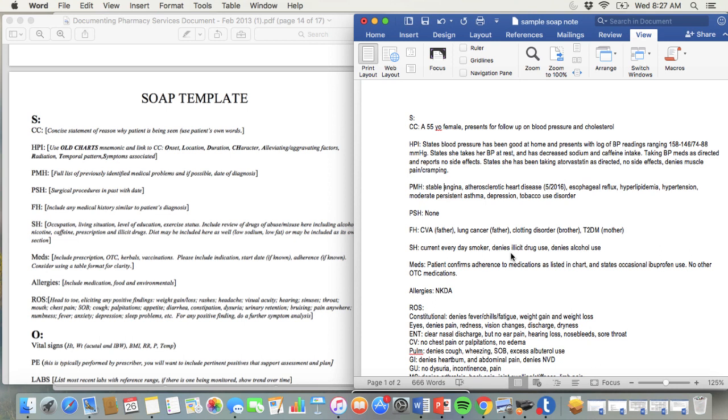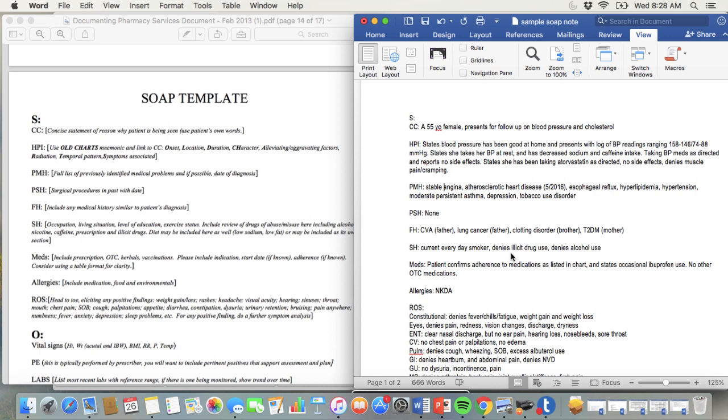Next you have the HPI, or the history of present illness. You'll note in the template that you can use the OLD CHARTS mnemonic to outline what the patient said in detail about their chief complaint. The HPI only addresses the complaint that the patient is coming in for, the one you're focusing on for the visit. It's documented similarly to the way you would interview the patient regarding that complaint, just like the OLD CHARTS mnemonic: alleviating or aggravating factors, onset of the complaint, duration, location if that's